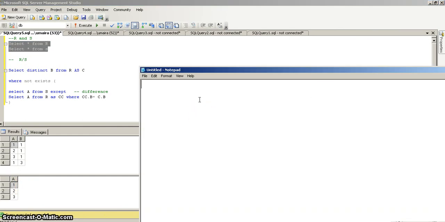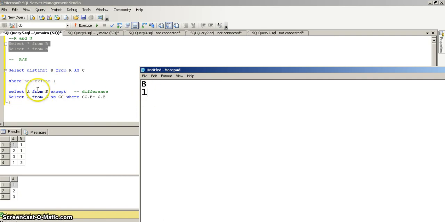So in the first iteration it will just select the first tuple from R, with value 1 in column B, and it will go to check the NOT EXISTS clause.